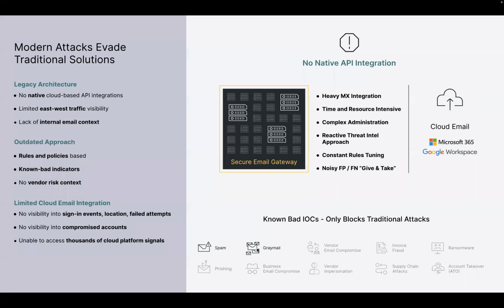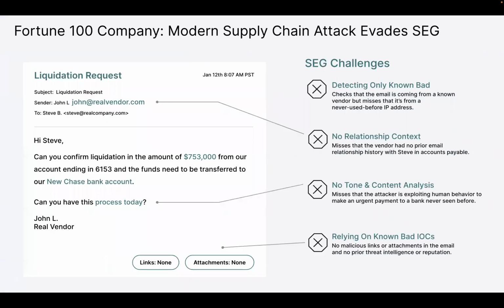They're not seeing the big picture on normal transactions and can't consume a variety of more advanced signaling as well. This is a key comparison of an email. This is a real world example of an email that we saw come in where a vendor was compromised, but the email itself had nothing malicious to latch onto, right? And this is typically what a traditional email gateway would look at. They're going to look at the email message, maybe the subject, sender, and recipient, and say, here's a vendor we've seen before, that they have communicated with prior, that may have a contract or maybe several invoices have been paid prior, that doesn't necessarily raise any flags.